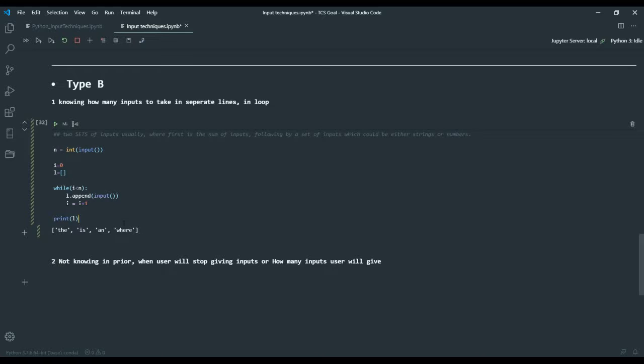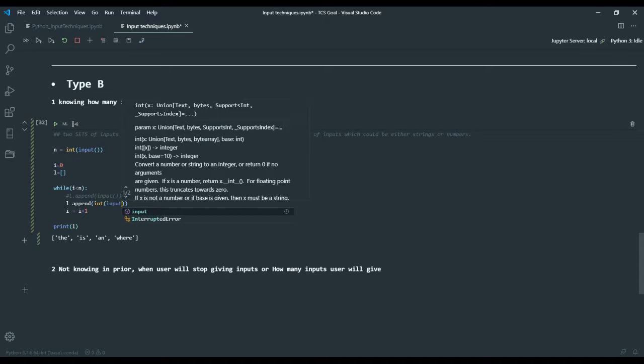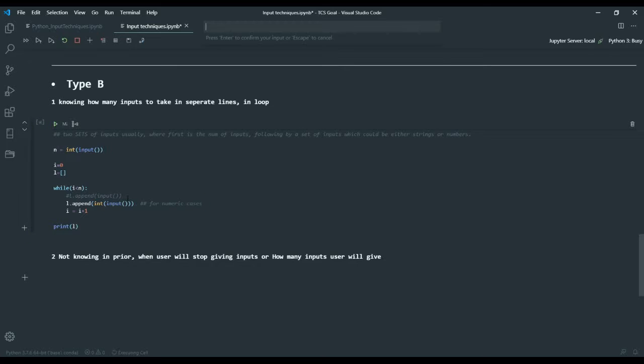The difference here is that the input is called within the while loop. So each and every time the while loop executes, it will fetch input from the console, and after each input, the keystroke will be simulated as enter. So if I give 2, there will be 2 inputs needed, 1 and 2, enter. So I hope that is clear.